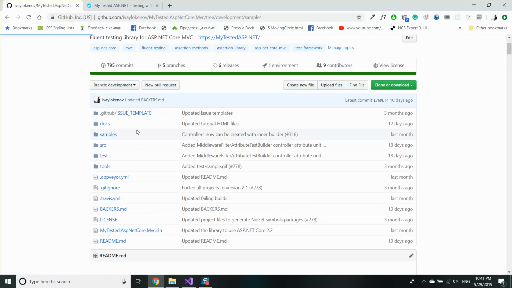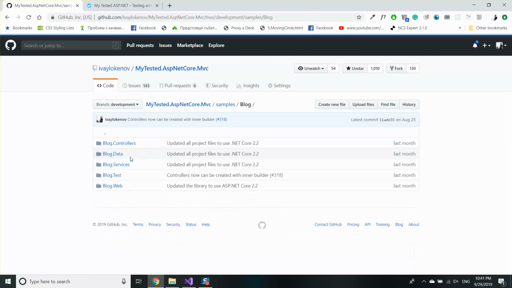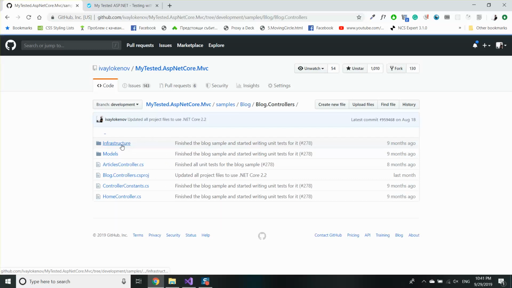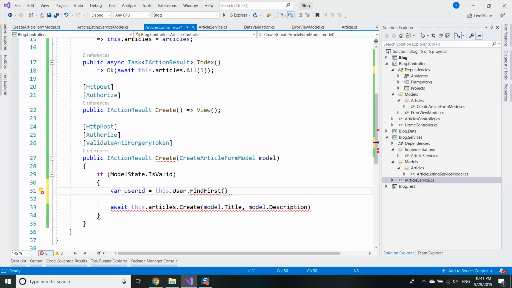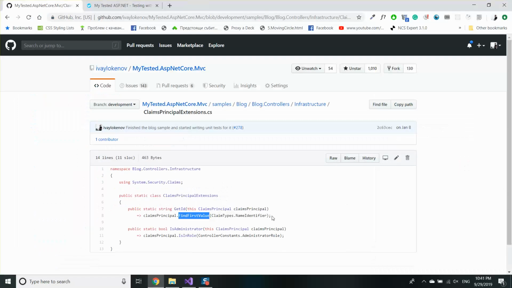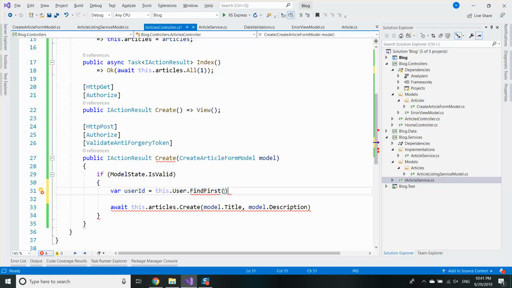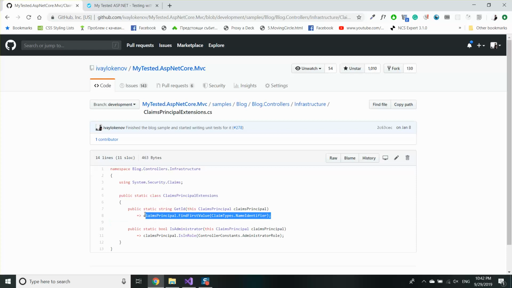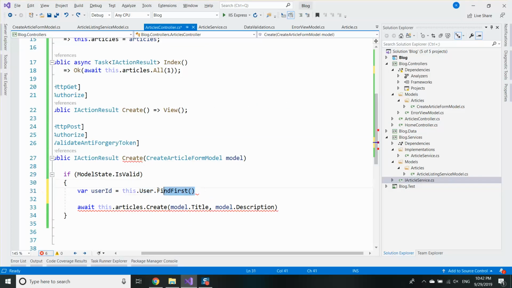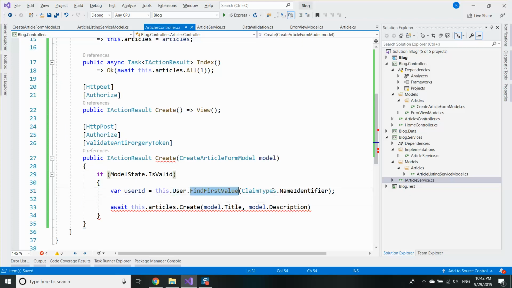Should check what was the needed code for that. Claim types. Okay, that's the easiest way to get the user ID from the user, but